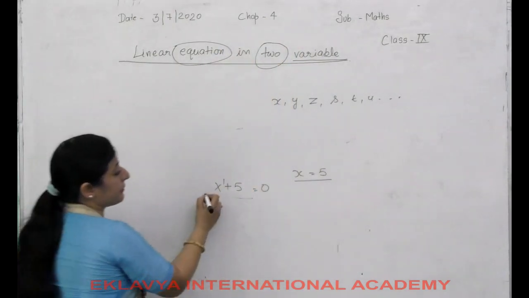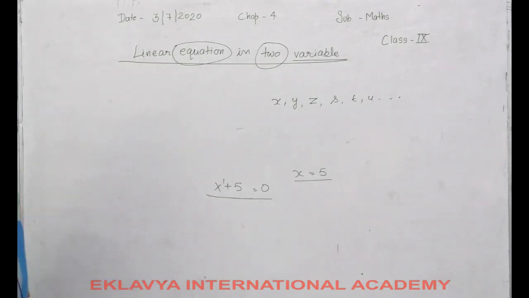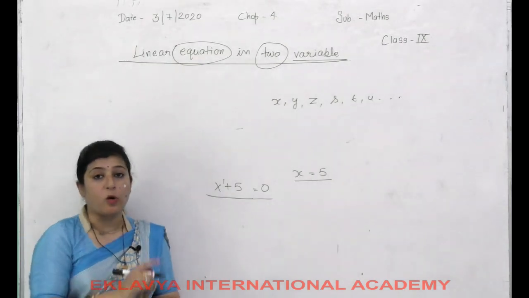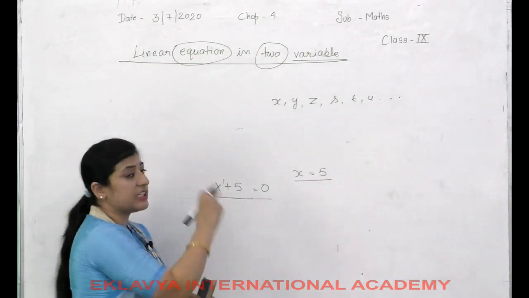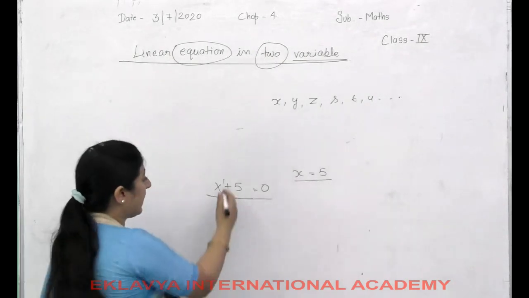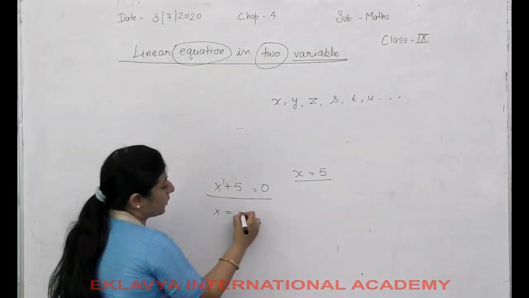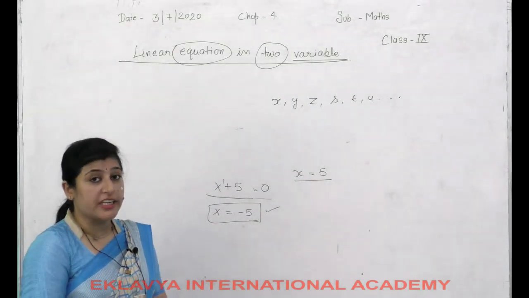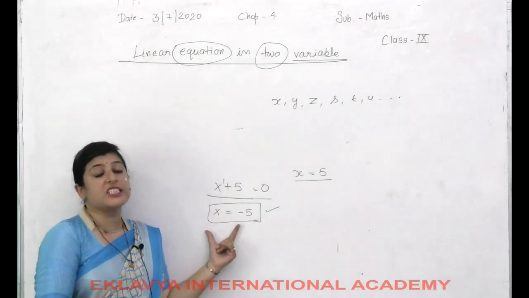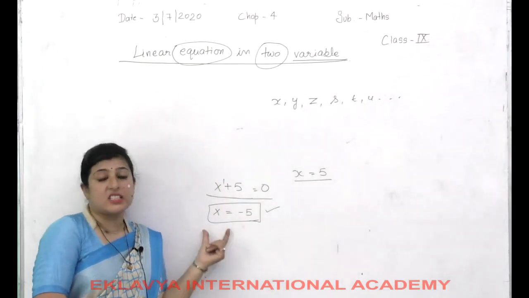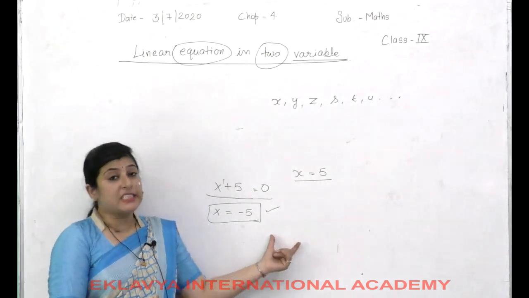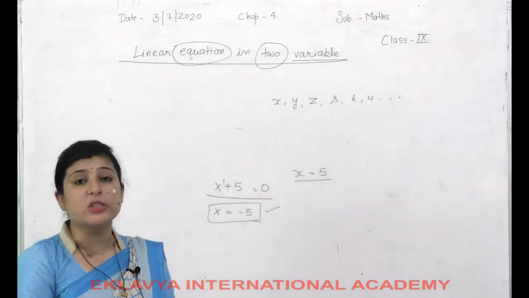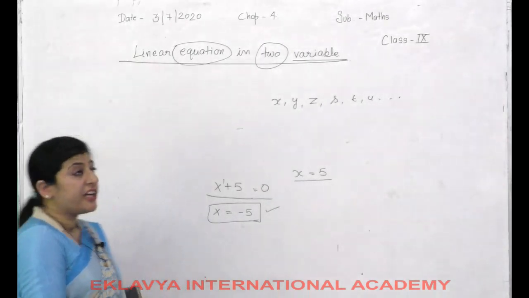But if we discuss x plus 5 is equal to 0, then it is a linear equation in one variable. Only one variable is here. If we write x is equal to minus 5, there is only one solution here. We can't change the value of x according to this equation. x is equal to only minus 5. It means a linear equation in one variable has only one solution. But if we talk about the